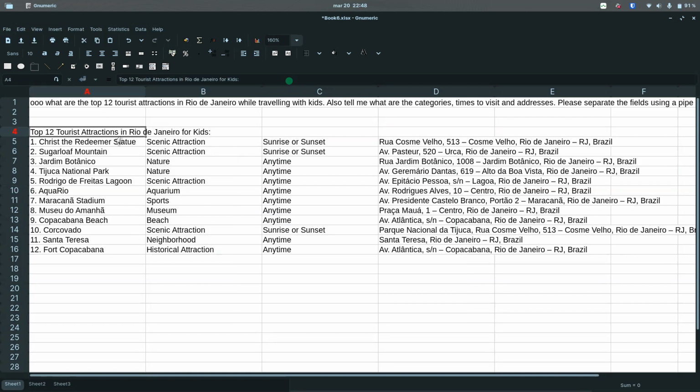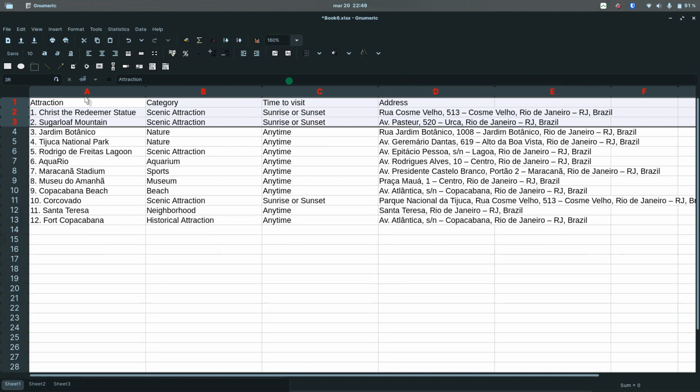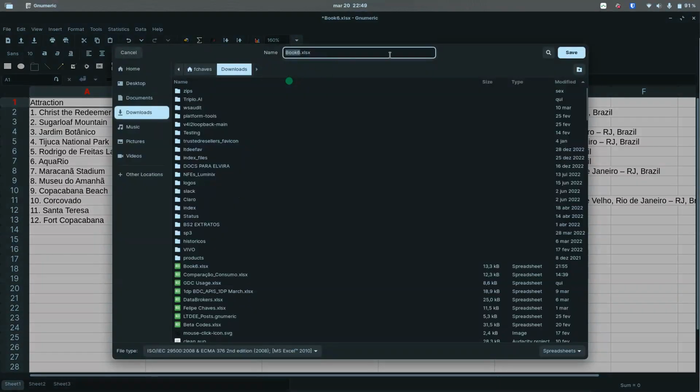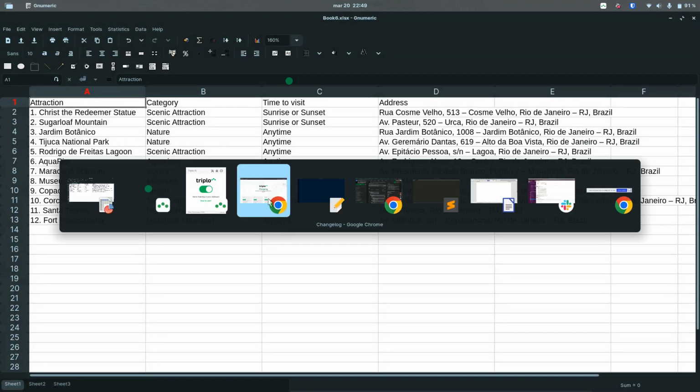Now let's name them. So this is the attraction. This is the category. This is the time to visit. And this is the address. Okay. So with this, I can already jump into SpreadSimple and make it work. Let's save this as a CSV or Excel file. Okay. And let's move to